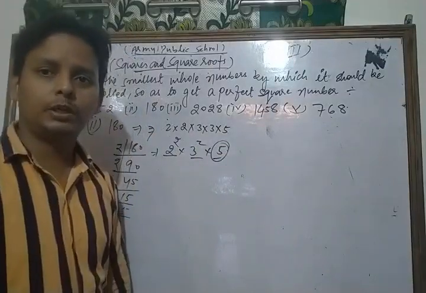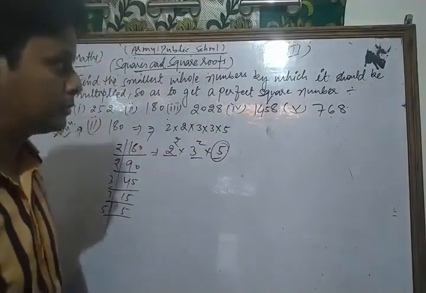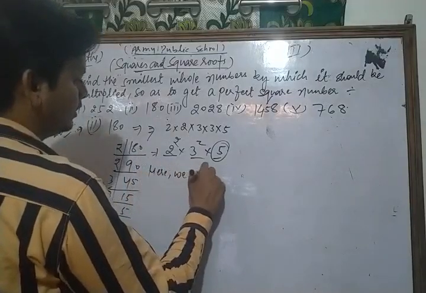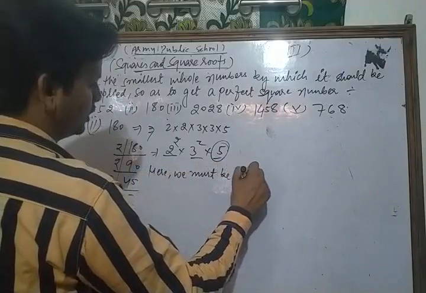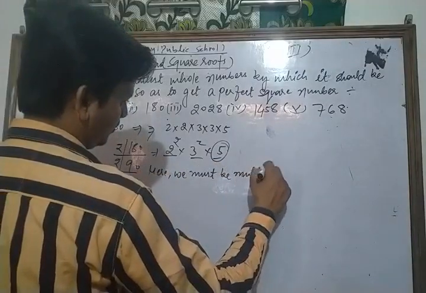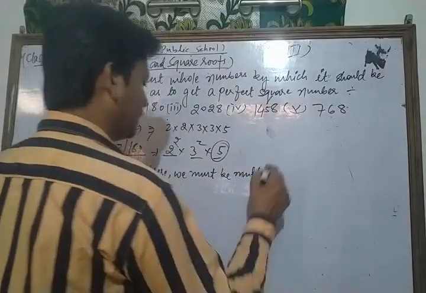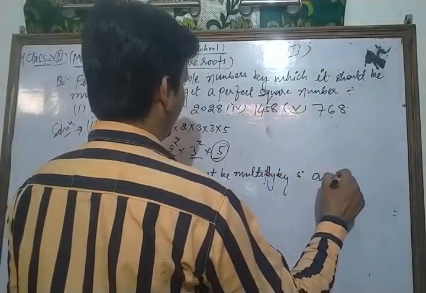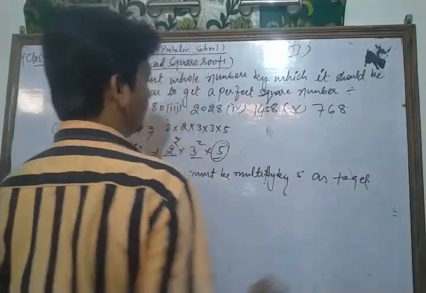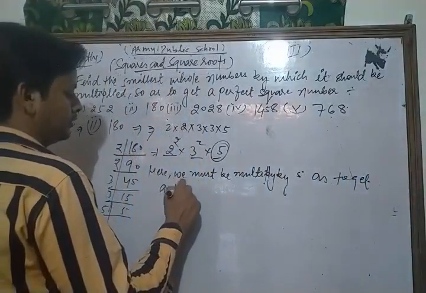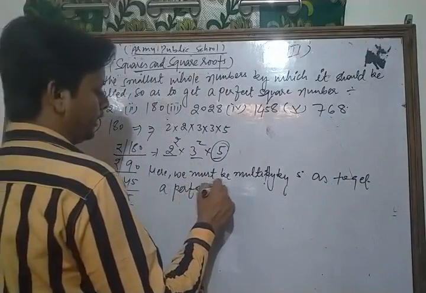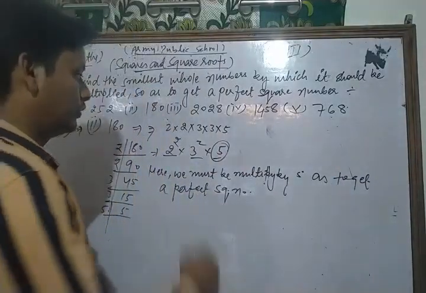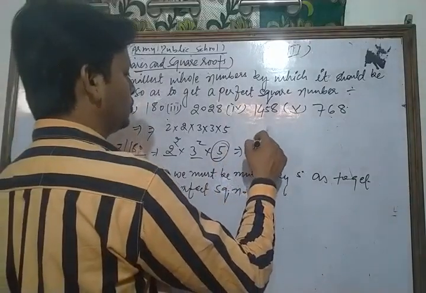So what number should be multiplied in that number? So we must be multiplied, student. Here we write we must be multiplied by 5 so as to get a perfect square number. Okay, dear student, because let's see, if we multiply by 5, so we get 2 square